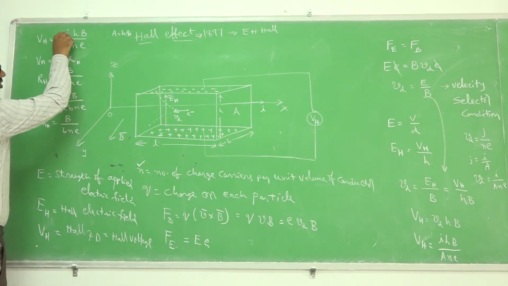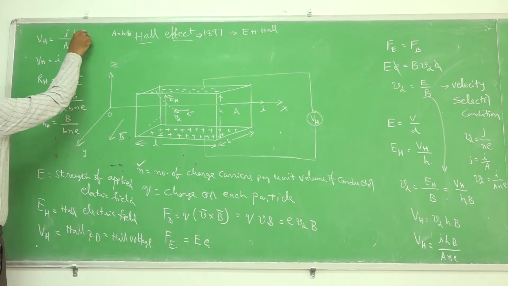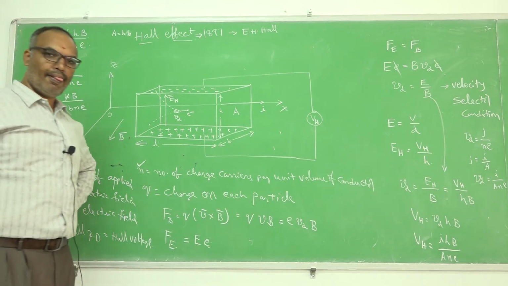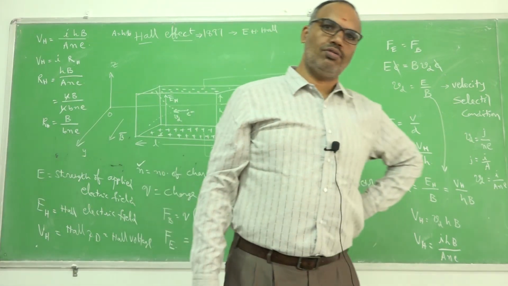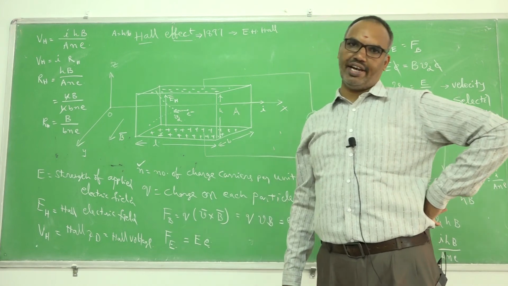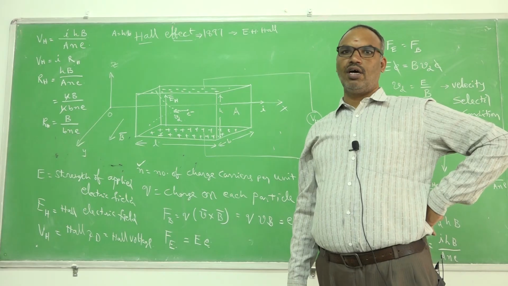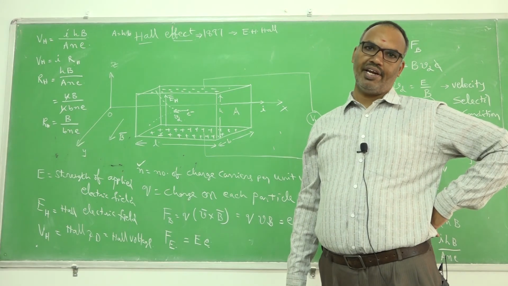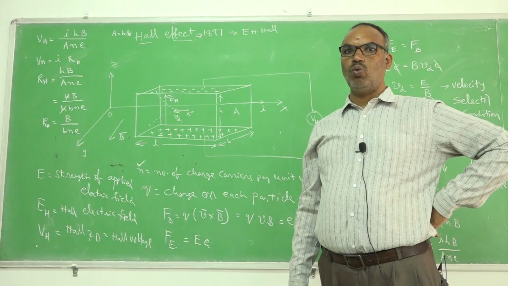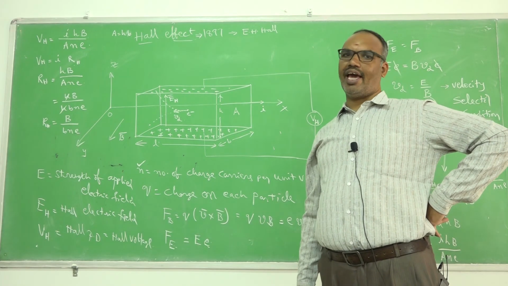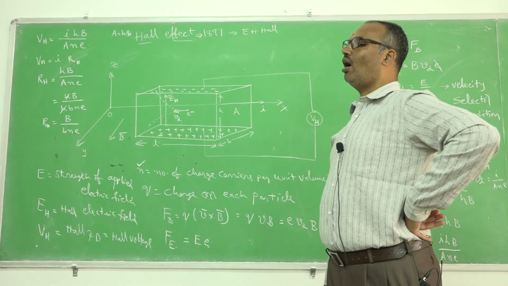You know the strength of current, you know the strength of magnetic field you applied, you know the dimensions of the conductor, you know the charge of the carrier. So from this formula you can calculate the number of charge carriers available per unit volume. Also, we can find the nature of charge carriers, whether charge is carried by positive charged particles or negative charged particles, who is the major charge carrier, who is the minor charge carrier. All these ideas can be identified with the help of this Hall effect.